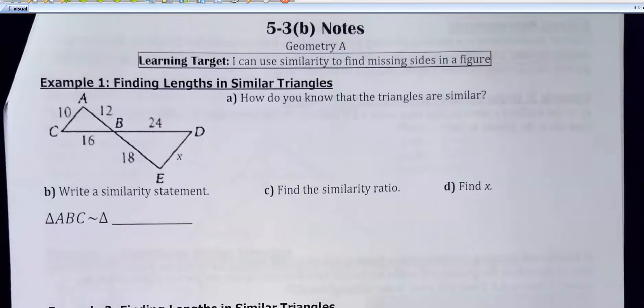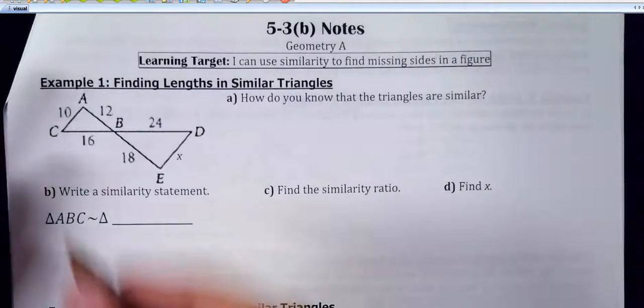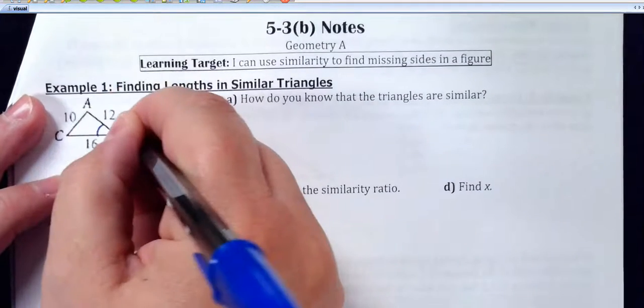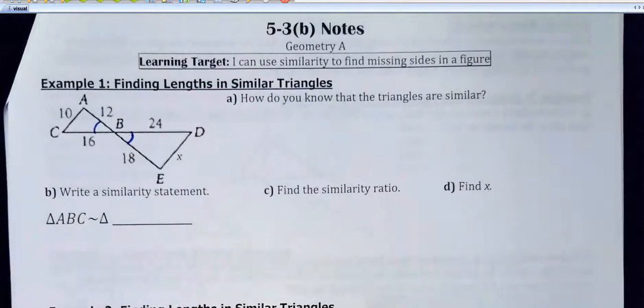Figures. Okay, so at the top, it just says, how can we prove these two triangles are similar? So it's not telling us they are, it says, how can we prove that? Right away, I would be like, hey, we got some vertical angles, so I would mark that up. All right, now, I don't know for sure that they're similar because it didn't tell me that, so I'd have